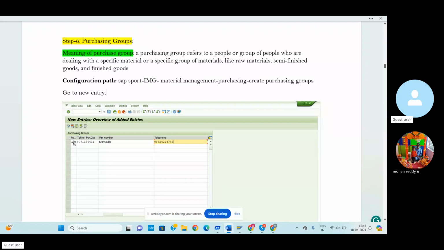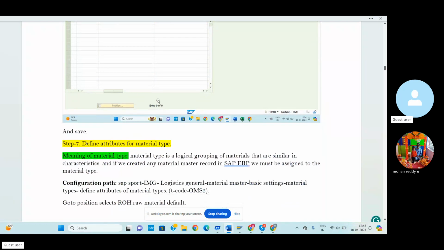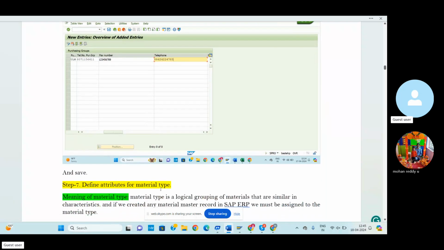So here I can enter ULM. ULM is the purchasing group. So here we can enter the purchasing group mobile number, fax number, telephone number, each and every detail we can enter and save. Then the next step, step seven, is define attributes for material